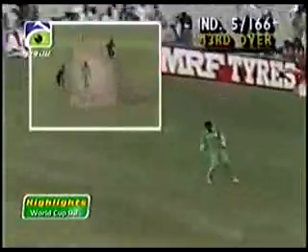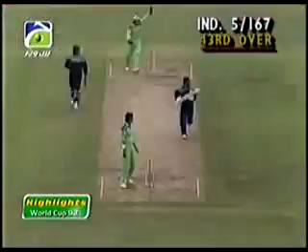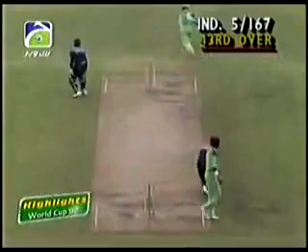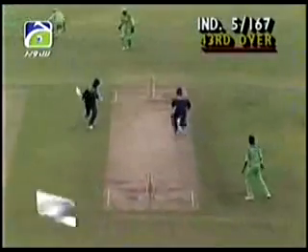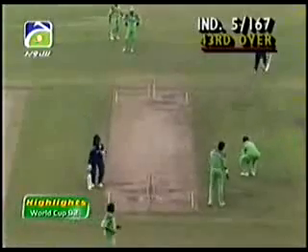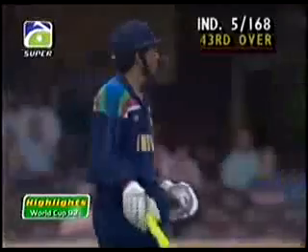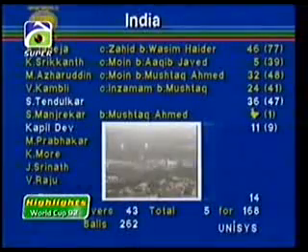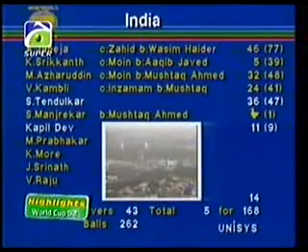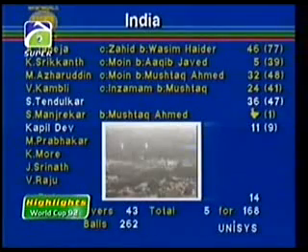It's well struck. In fact, it's well placed too. They pick up 2 through mid-wicket. So Kapil Dev once again scoring a run a ball when it's needed. They should be looking for the extra one. Here they are. And that's intelligent cricket by Sachin Tendulkar. He's only 18. He saw the wild throw. It was a quick call. So 3 off that final delivery. 5 for 168 as Greg Chappell and Tony Greig take up the commentary.